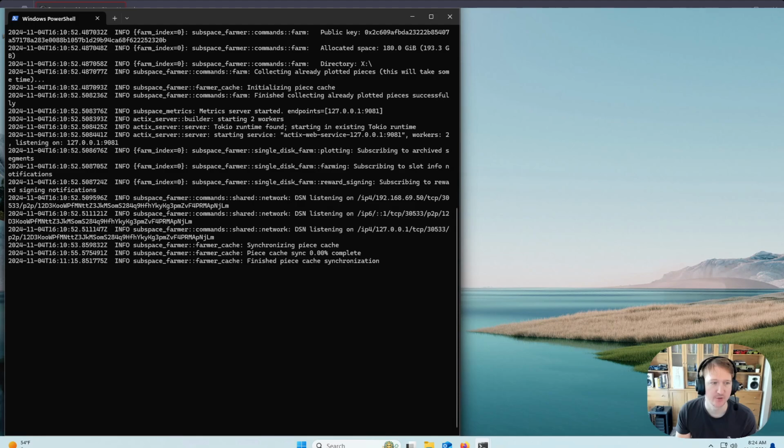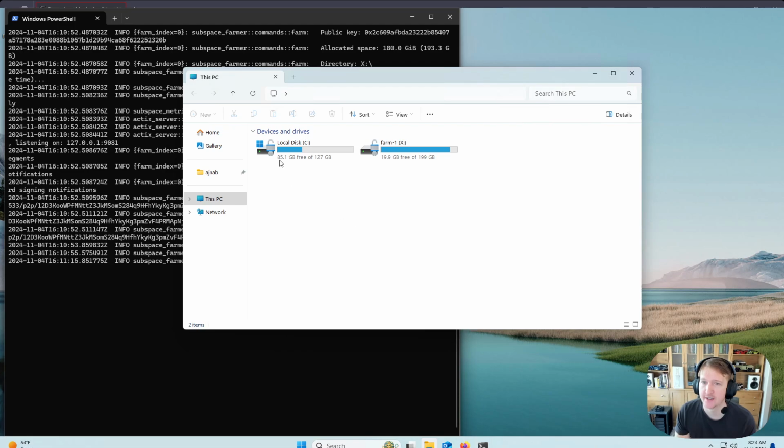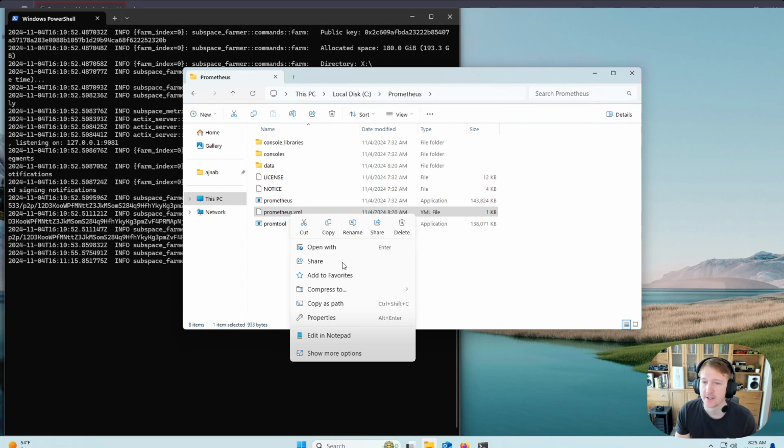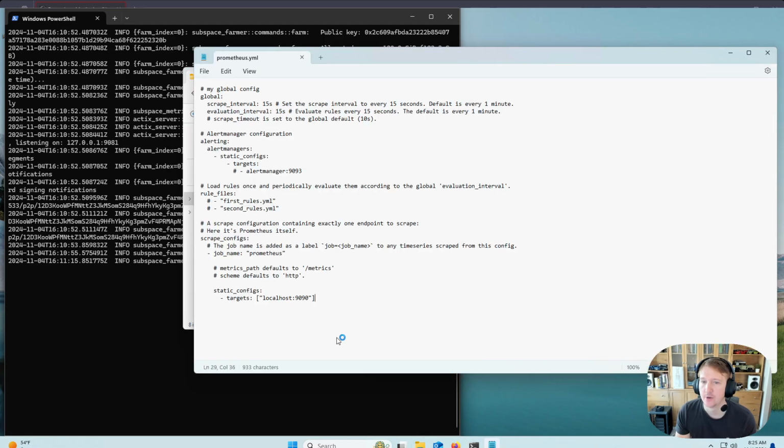And the next thing is going to be updating your prometheus.yaml. And if you went through the Prometheus as a service guide that I have, you're going to be going into the C drive, and then Prometheus folder, and then prometheus.yaml. We'll right click that and do edit in Notepad. And you're going to want to go all the way to the bottom here and just click enter 2 times and copy from the guide